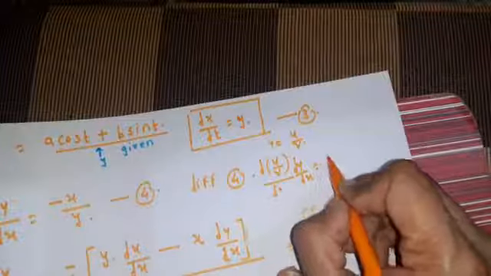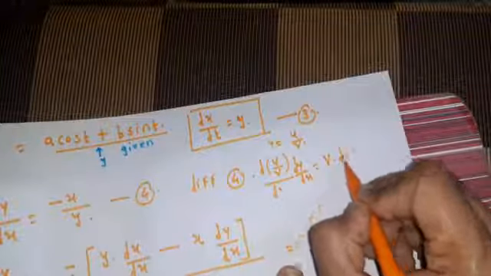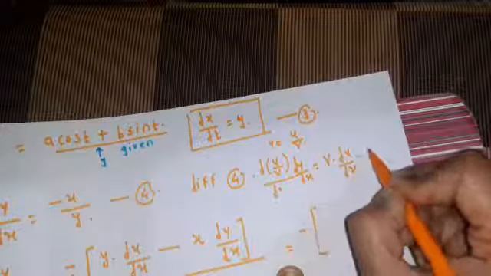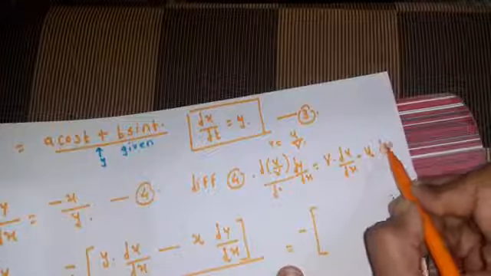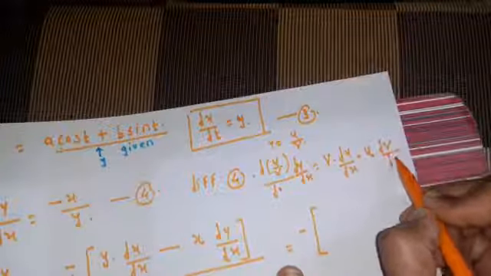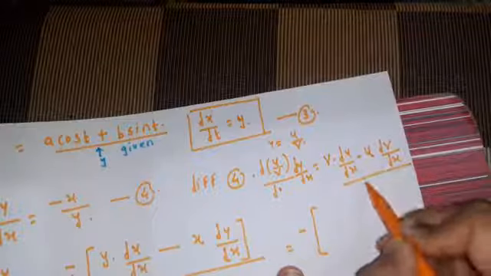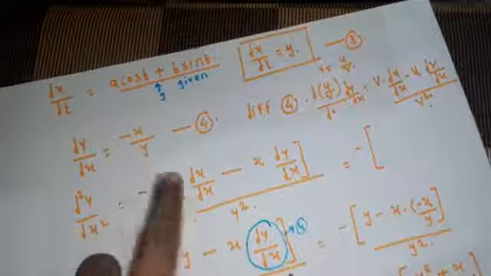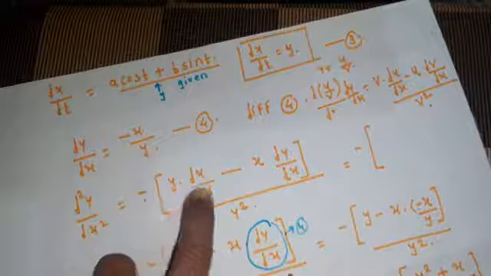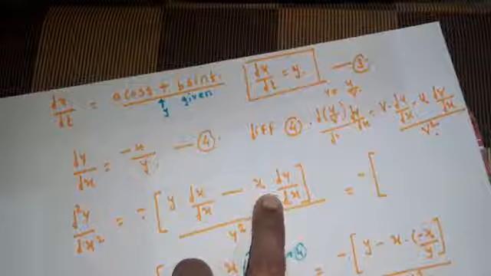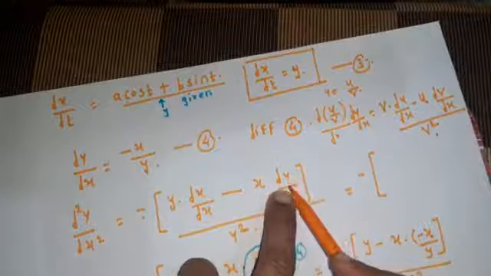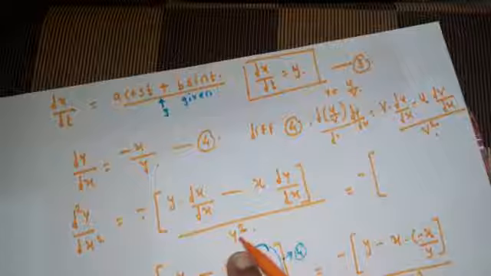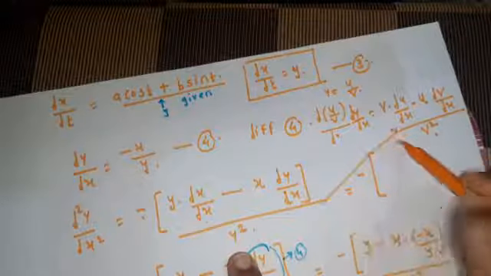dy by dx, using the quotient rule: v as a constant, differentiation of numerator function, that is du by dx, minus u as a constant, that is numerator is constant, differentiation of denominator, that is differentiation of v function with respect to x, upon the square of denominator, that is v square. Hence the function at denominator is constant, differentiation of numerator, minus the function at numerator is constant, differentiation of denominator, upon square of denominator, by using this formula.